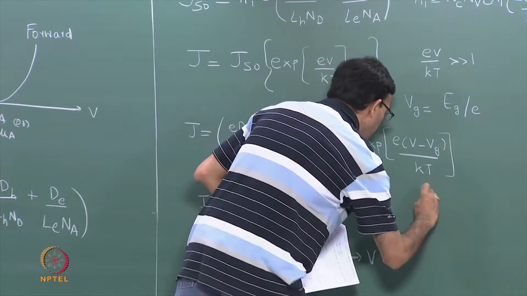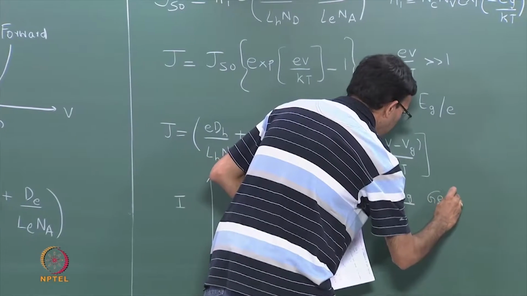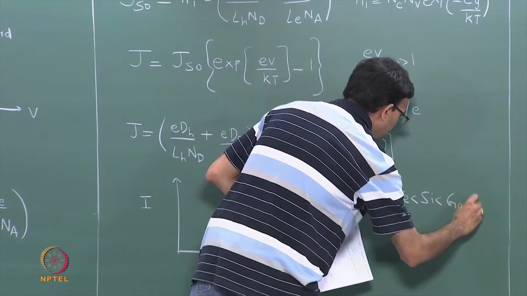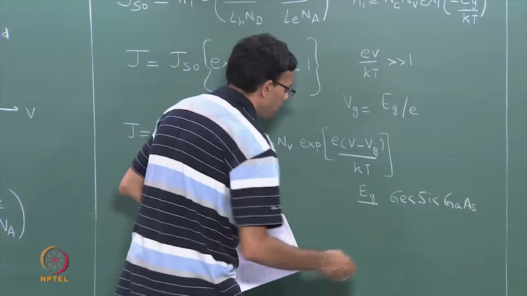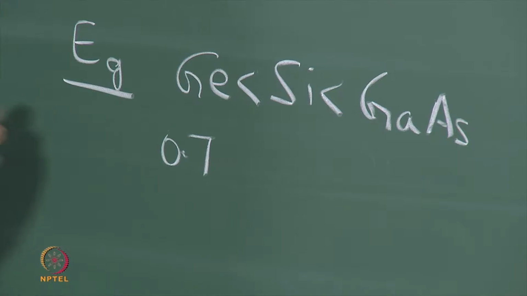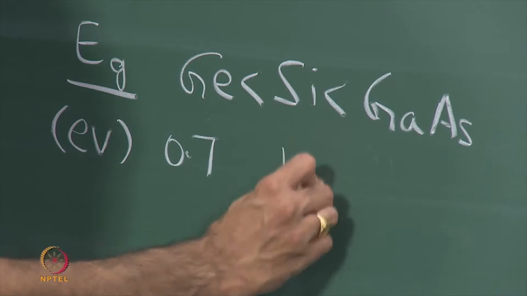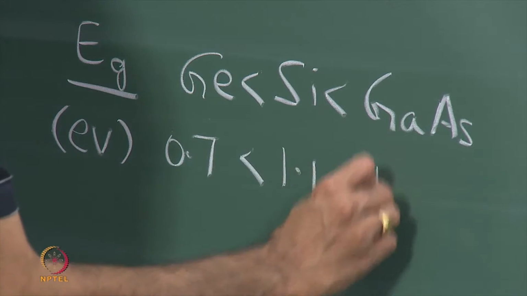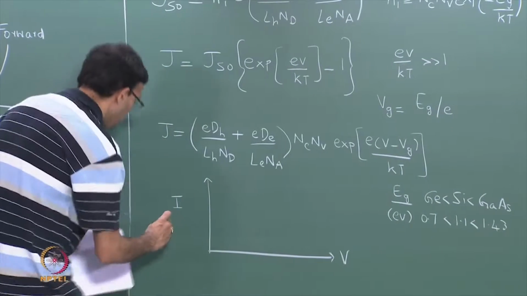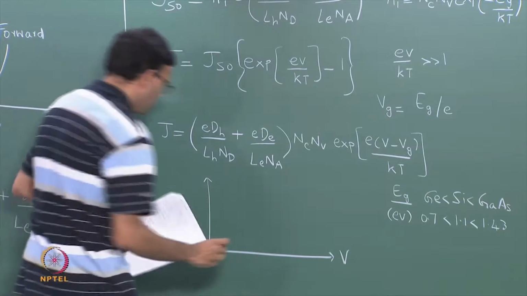In terms of band gap, germanium has a smaller band gap than silicon, which is smaller than gallium arsenide. Some typical values, we know germanium is around 0.7 electron volts, this is in eV, silicon is 1.1, gallium arsenide is 1.43. So, my current will be in milliamps, it is the voltage